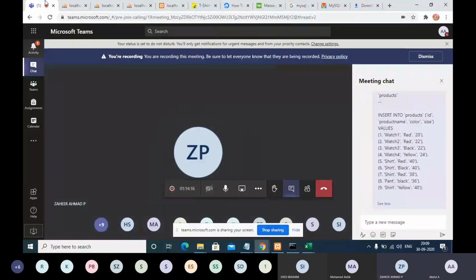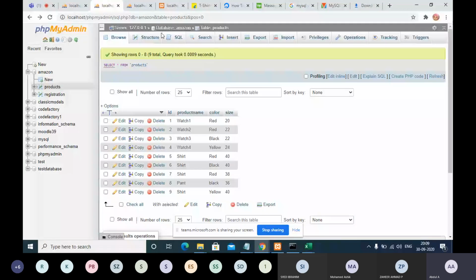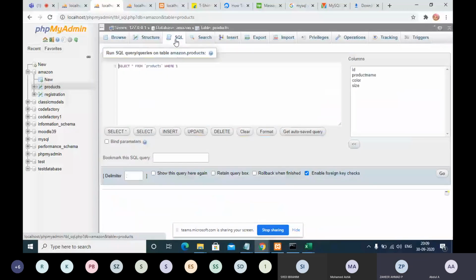Okay. So guys, I am not usually following up on assignments, but please take this assignment as a high priority. Please import the table in your database. Go and copy my create table code and paste it in your SQL box. That will be available in this box. Please copy and paste here and click Go.